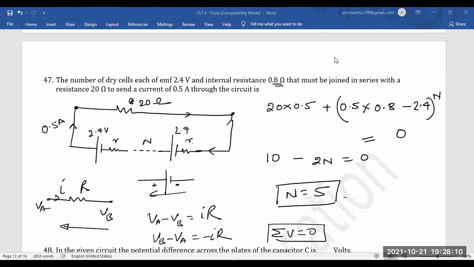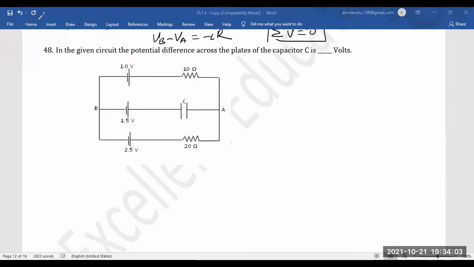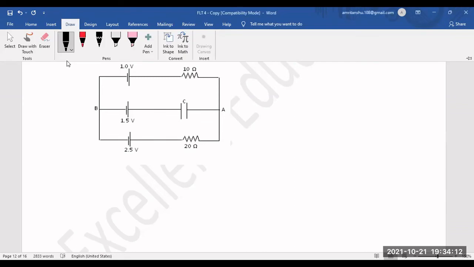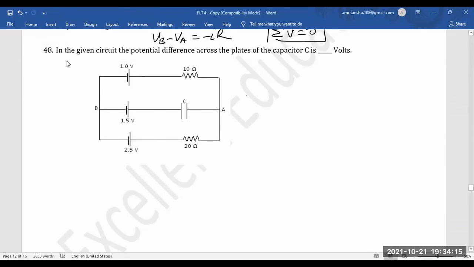Okay, now let's move on to the next question, question number 48. Let us see how to solve this question now. In case you haven't understood Kirchhoff's law, you'll understand it here. Because here is a capacitor being formed, which is in steady state, no current will flow through this branch AB. So let's say current will be flowing something like this. And you can see there's no node throughout, so current won't be divided and current will remain the same, I.